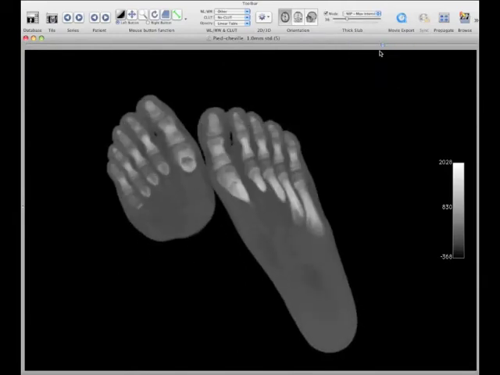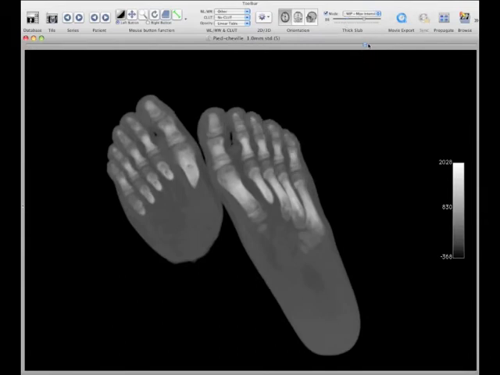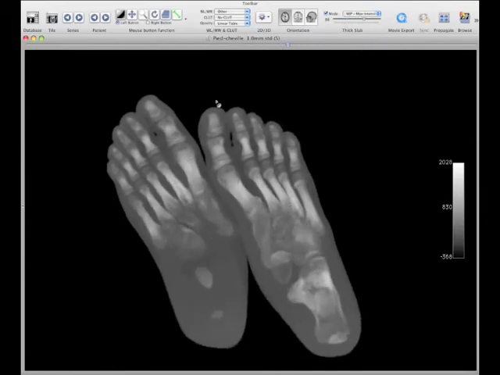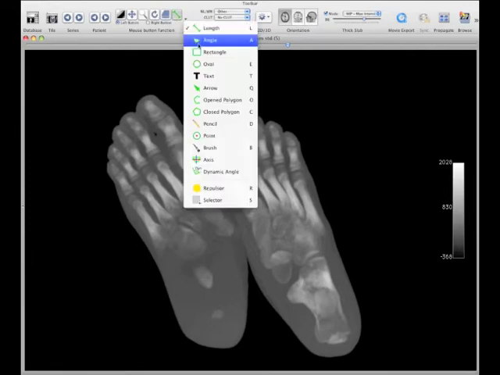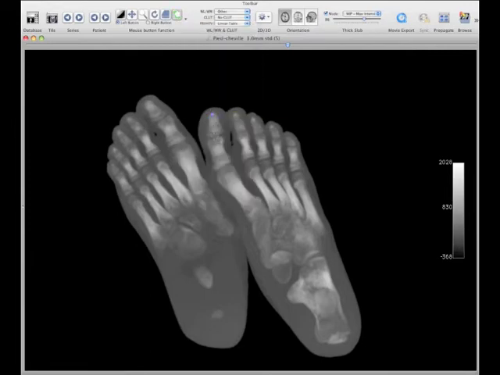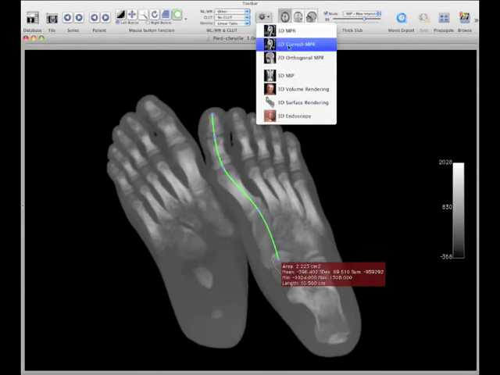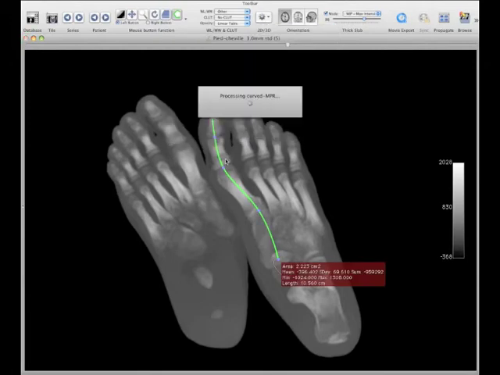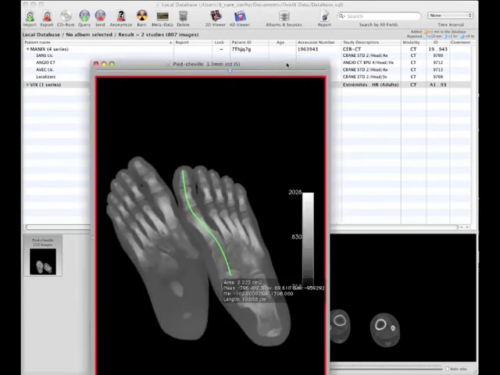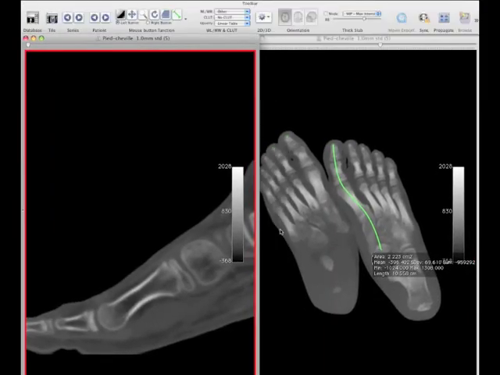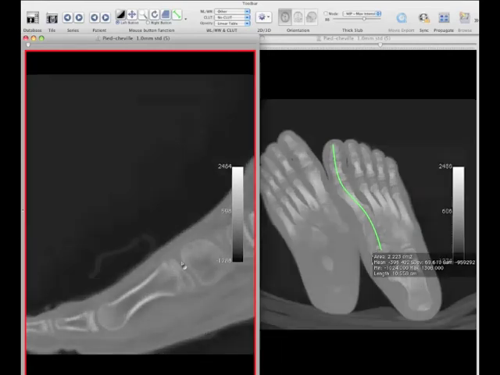So here, if we had a curved planar reconstruction, we might want to see a cross section through the toe, straight through the toe, like this. We couldn't really get a slice along that curve, but if we do 2D curved MPR and click OK, it will go through and show us what lies along that line. This green line is shown perfectly in this view. Okay, so that's a